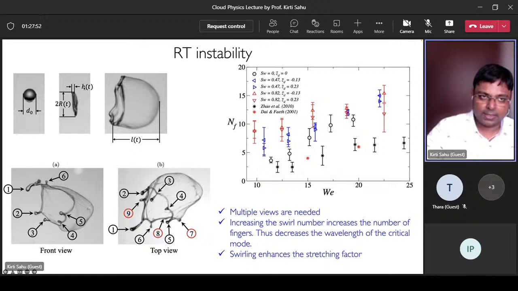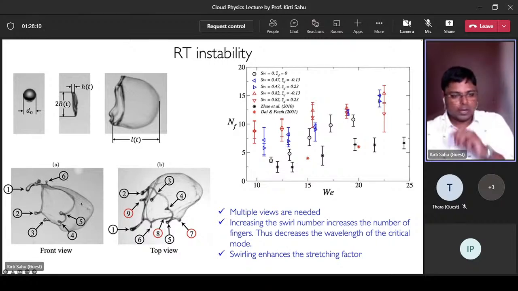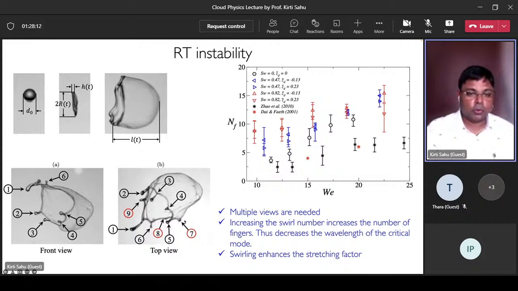So this H is a function of time, R is also a function of time, and L is also a function of time. Now, as the time progresses, this rim will form these nodes, as you can see here, the finger-like structures. Now, this has been done using two views in our case, using two cameras essentially, front view and